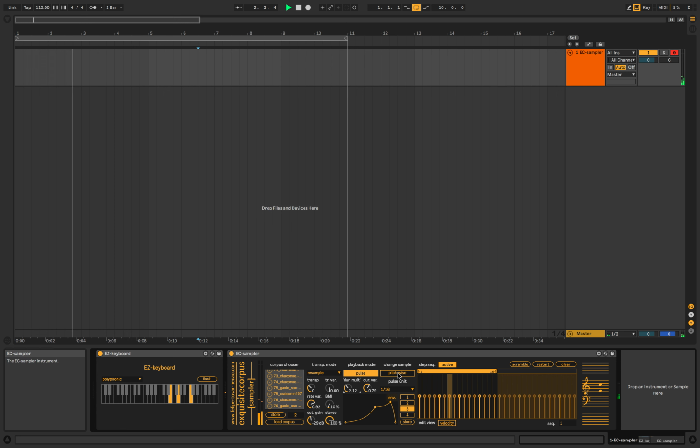Now let's move on to change sample mode. With change sample mode, we can change the sonority drastically, especially if we have a timbrally diverse corpus. As you've probably noticed by now, when we have more than one active note in our MIDI input, EC Sampler is choosing a different sample for every one of these notes. Another way of saying this is that we are changing samples pitch-wise. But we can also set these changes to happen chord-wise,